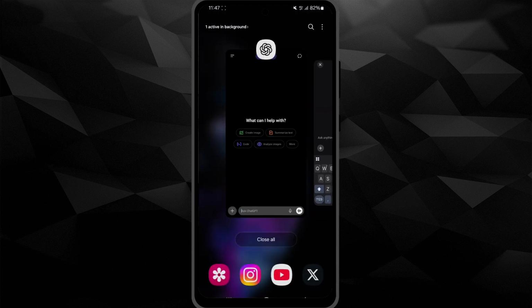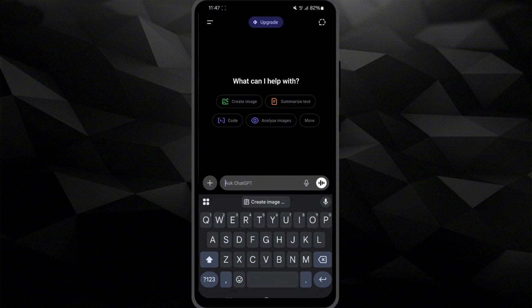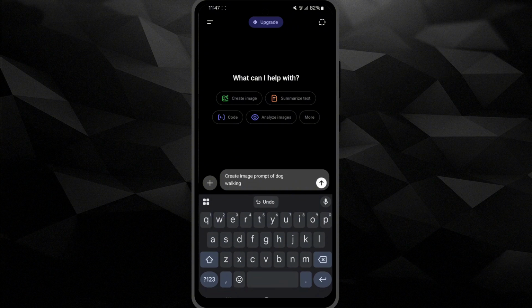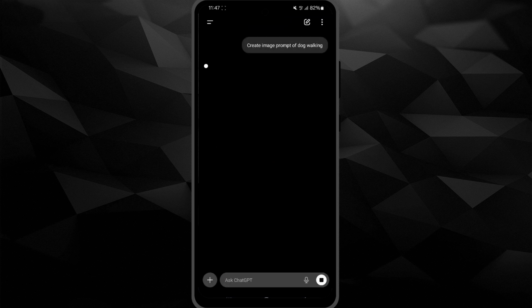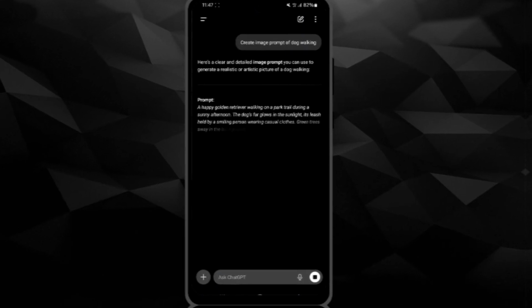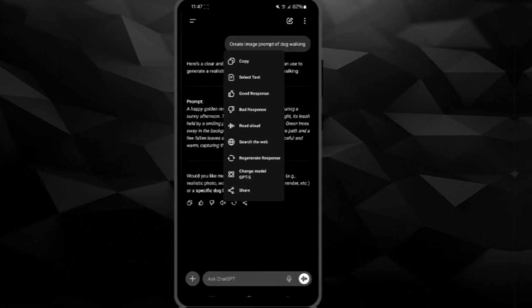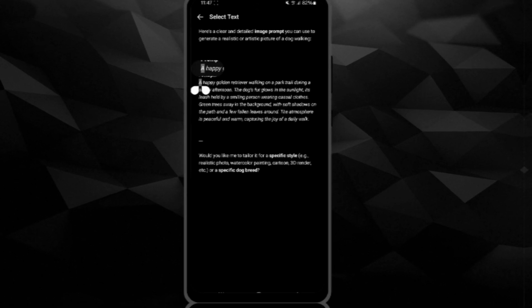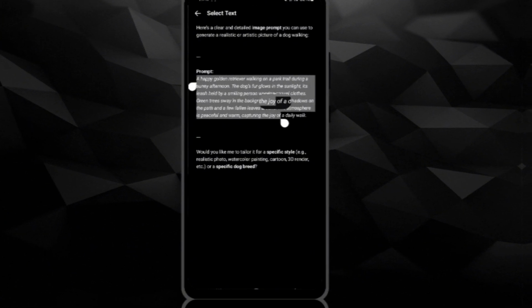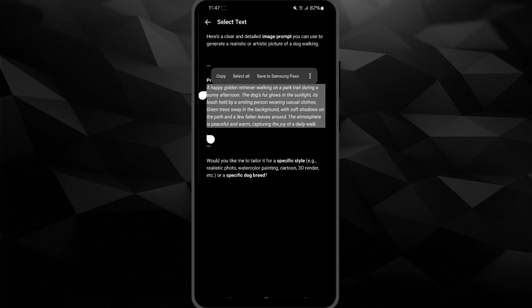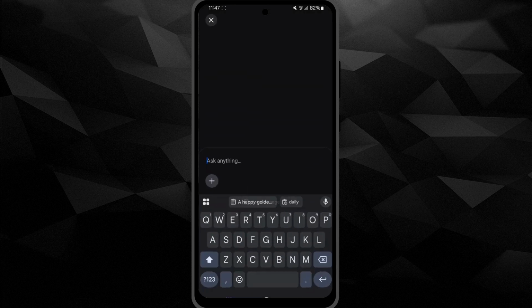So I will go to ChatGPT and I will tell ChatGPT to create an image prompt for Meta AI. Here we go. Now ChatGPT is generating the image prompt for me. Now the image prompt is ready. Now I will copy this image prompt. Now I have copied the image prompt and I will go back to the Meta AI app and I will paste